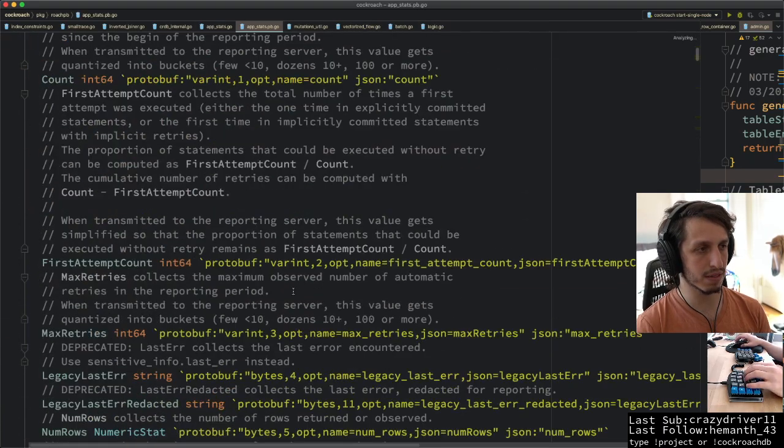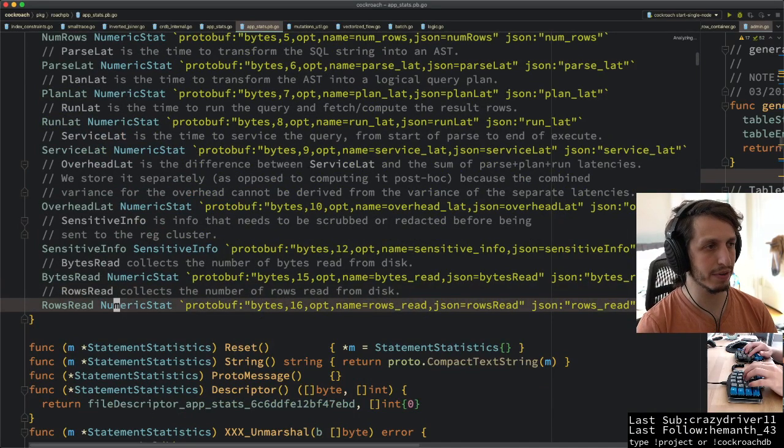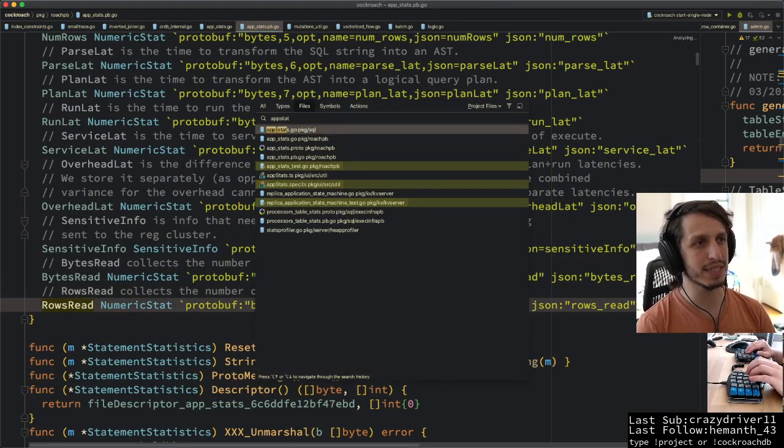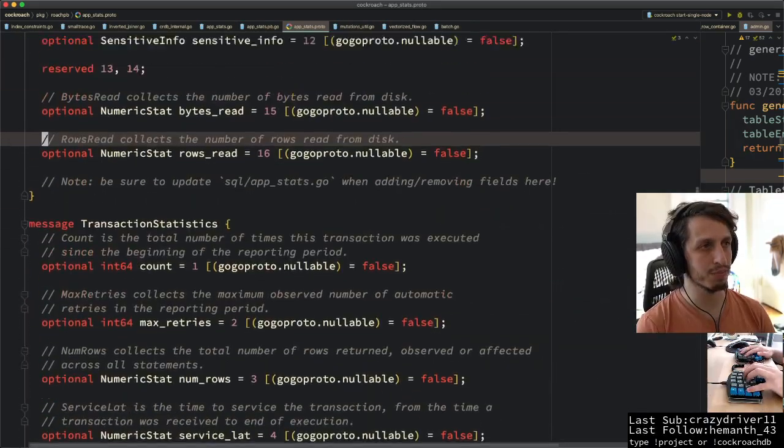Statement statistics, count, num rows, latency, and so on, numeric stat. Okay, so I think what we really want to do, and I think we were messing with this on the stream the other day, is in this protobuf here,